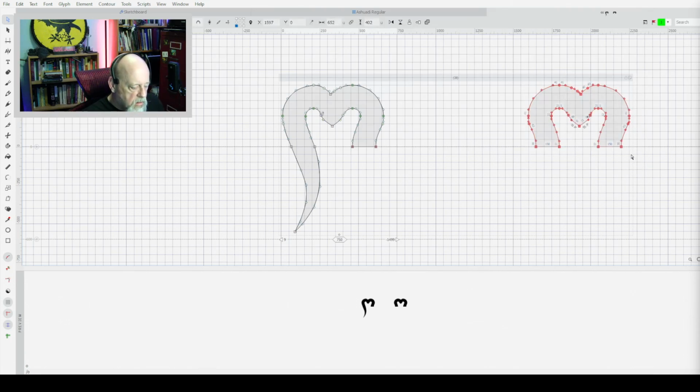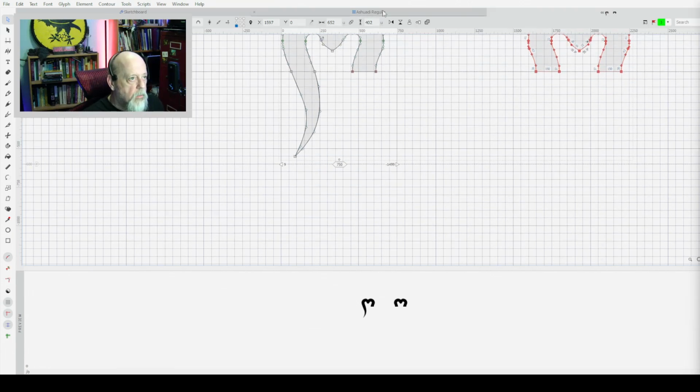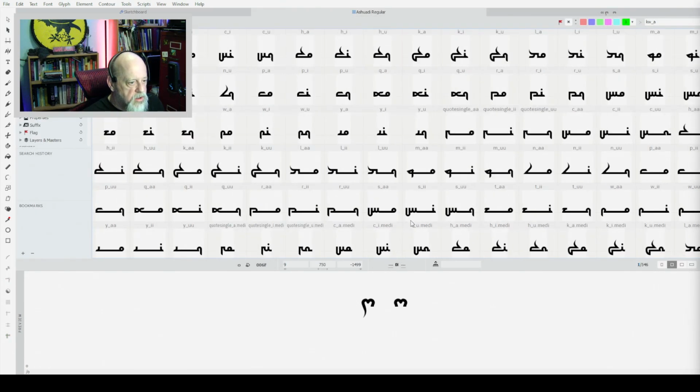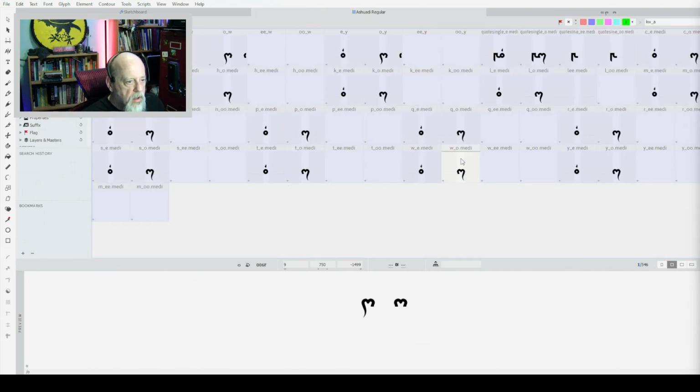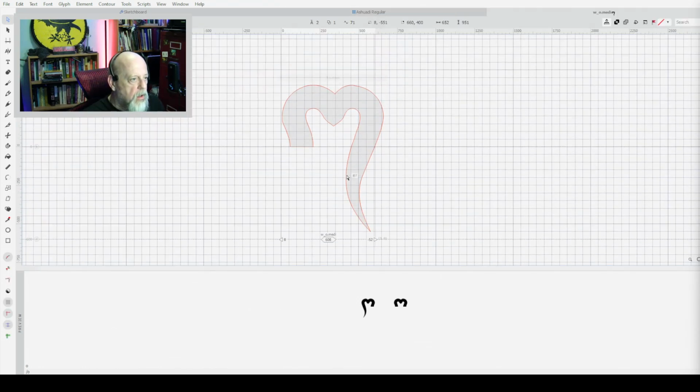Actually, copy that. I should probably make some blanks at the end and just save them in there. Come down here. Excuse me. Decompose. Highlight.